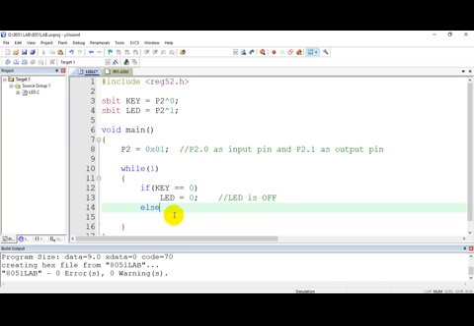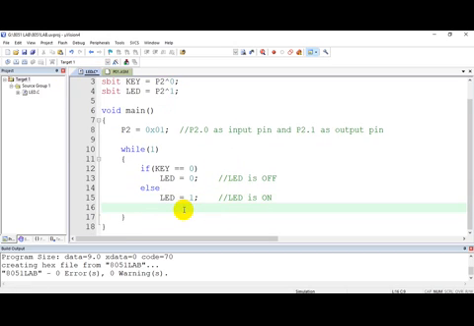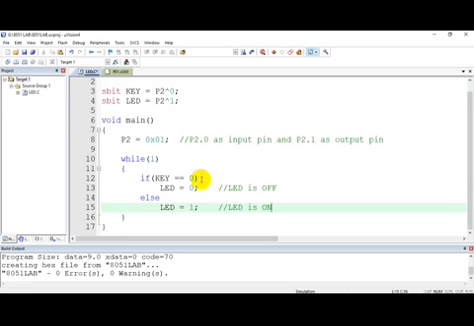Else what should I do? If key is equal to 1, then LED should be equal to 1. LED is on. Fine. So that's the program in C language. So if the key is not pressed, LED is off, and if the key is pressed,